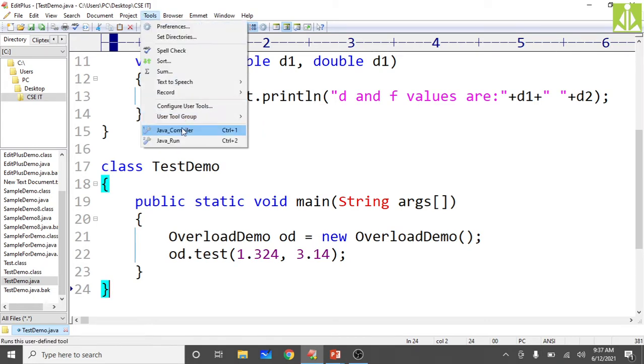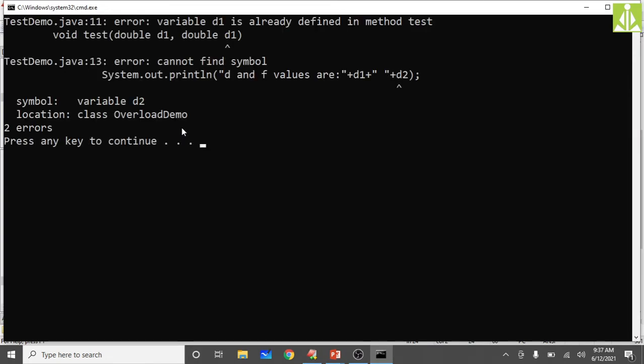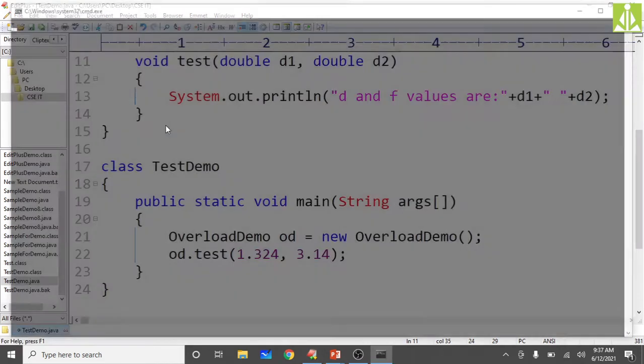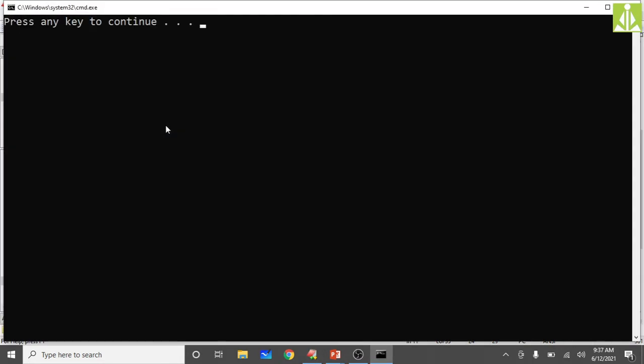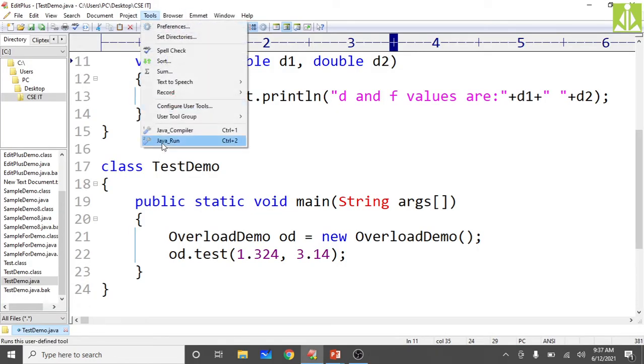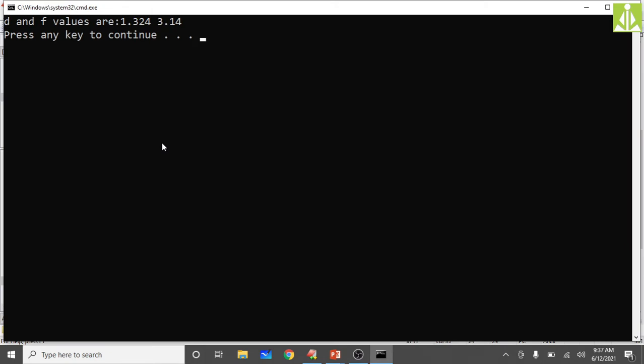Now the third type of method call. Actually, I have taken d1 here, you need to put d2, this one. Okay, now you save it, compile. Okay, it is successful. Now you go execute, run. You can see the difference now.